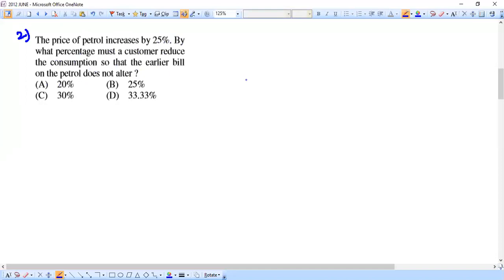This is our question. Once again, a question based on price, consumption, and expenditure. Let me write in short terms: price, consumption, and expenditure. And here we have original and new. So two cases are there, right? Because petrol's price was originally some value and it is going to increase by 25%. That is what is given in the first statement. That's the reason we have two rows, original and new, and three columns for price, consumption, and expenditure.